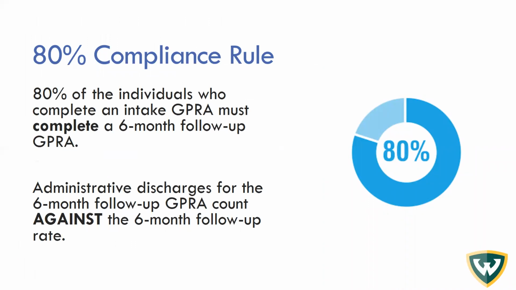administrative discharge has a depressing effect on the 80% follow-up rule. So if you conduct an administrative discharge, it actually counts against the 6-month follow-up rate. Please keep in mind, though, if you have to conduct one, you have to conduct one. We just want to make sure people aren't defaulting to an administrative discharge if they can't locate clients. So again, make the best good faith effort you can to conduct those 6-month follow-up interviews before submitting an administrative discharge. But if you have to submit one, that's why they exist. So we totally understand that.